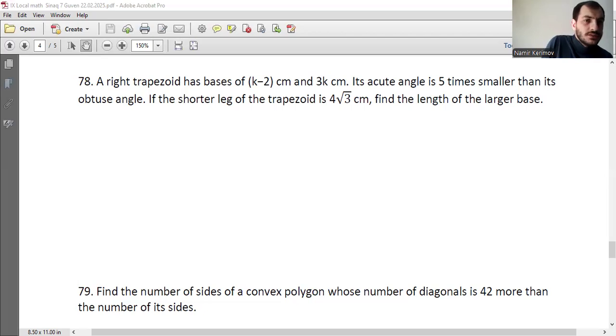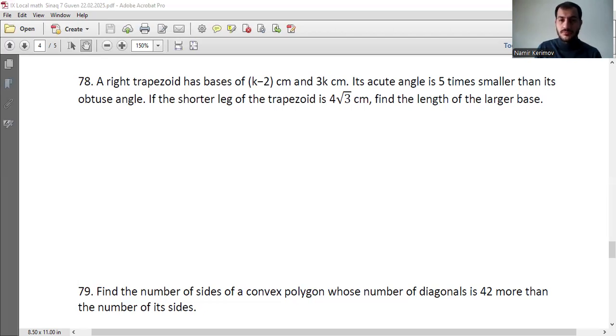So maybe we can draw that height, because we can see that 30, and we can say 30, 60, and 90 special triangle. We can say that if this side is 4 root 3, which is opposite side to the 30 degree, then the opposite side to the 90 degree should be 8 root 3, and the opposite side to the 60, that should